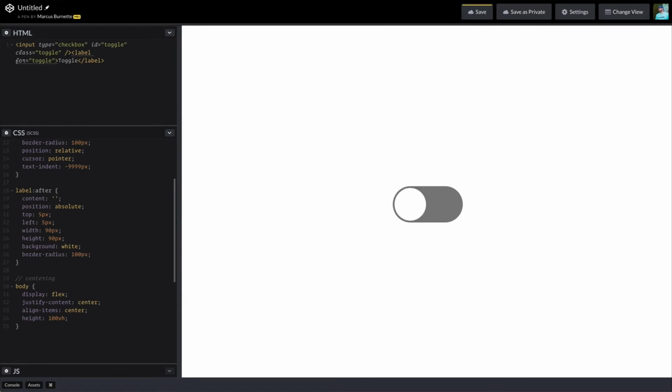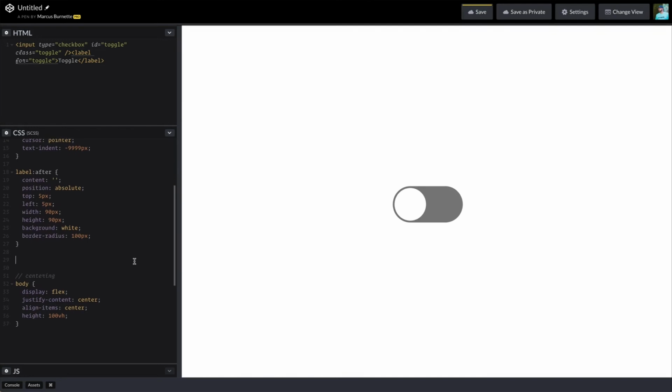And there we've got our switch in the middle. Now it doesn't do anything. I can click on it and it is toggling that checkbox in the background. But right now we still can't see anything. So what we're going to do is we're going to check to see when that input is checked. Then look at our label